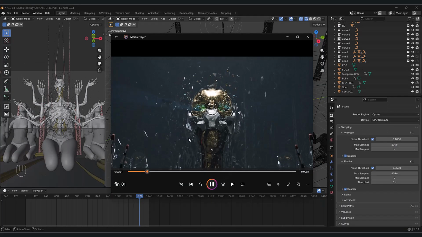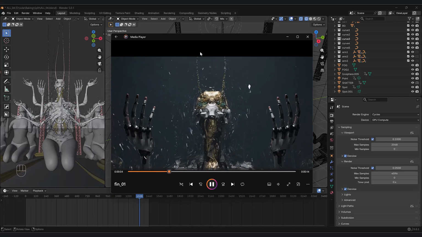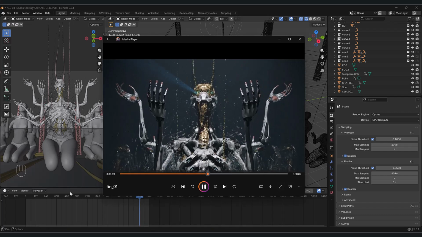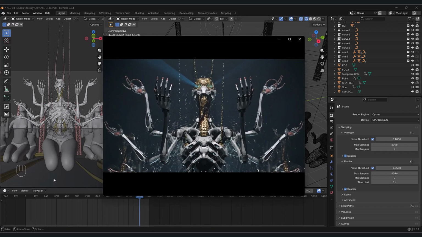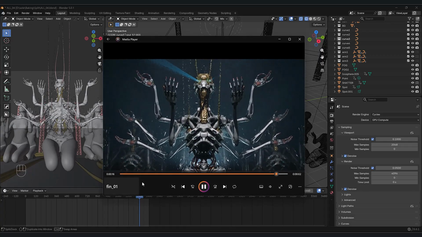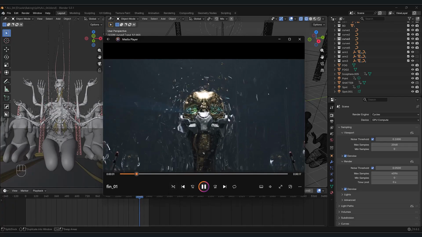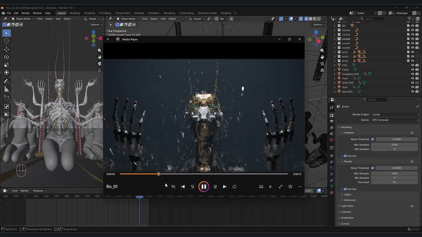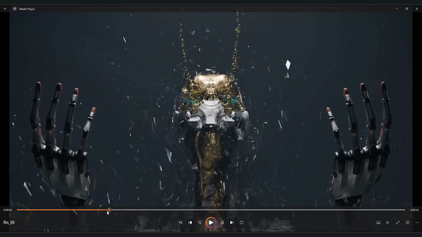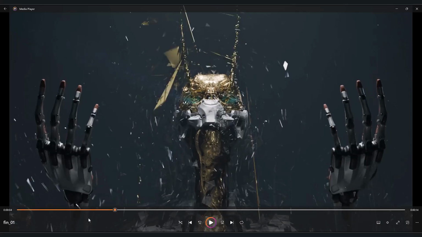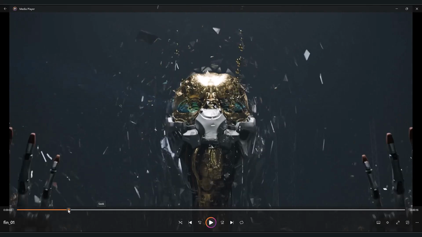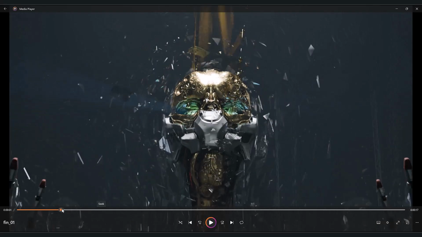All right, so here we have the first pass with the rendering. All in all, I think it's looking really sweet. The lighting is looking good, and the animation feels right to me. However, as you notice in the beginning, you see these flickers, right? Let me just check with the timeline. You see this flicker that's happening. These flickers are kind of causing a problem,